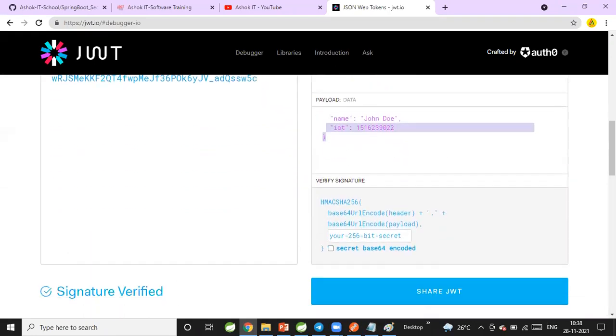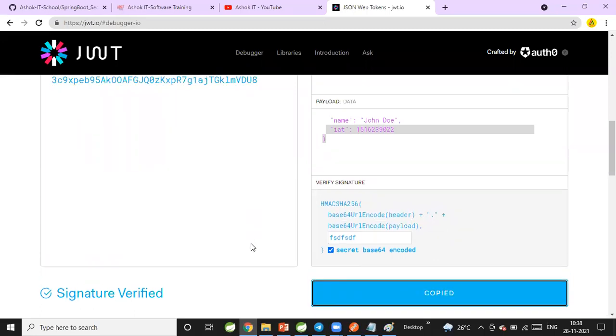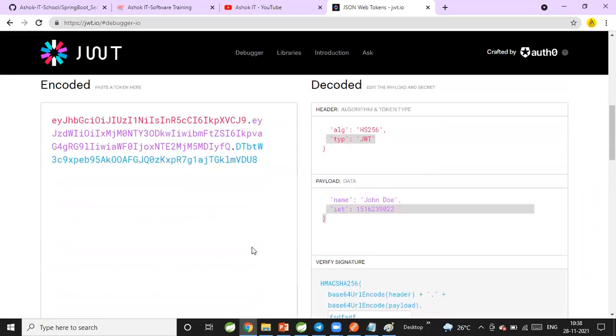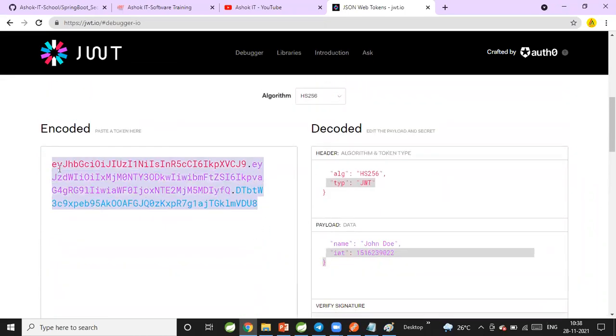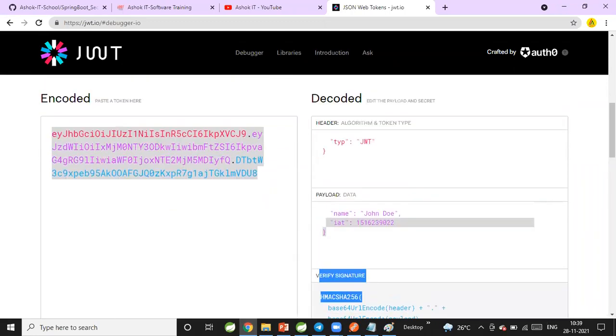Verify signature: the signature is encoded header, encoded payload, and secret key, with the secret base64 encoded. Then the JWT token is generated. This is the actual JSON web token, and when you give it here, it will display the header part, payload part, and signature part.